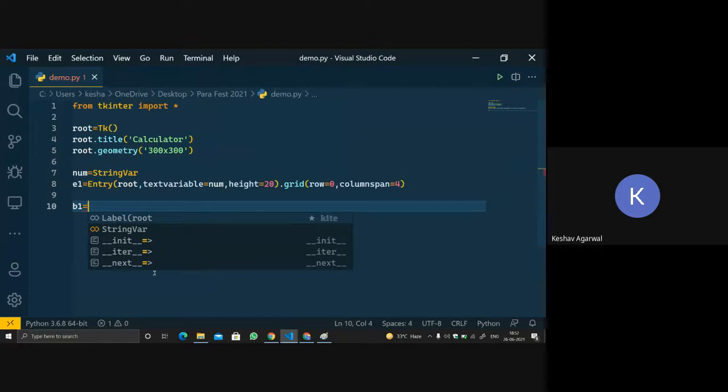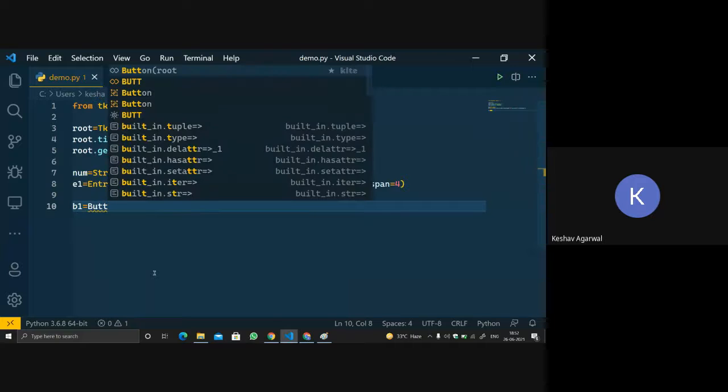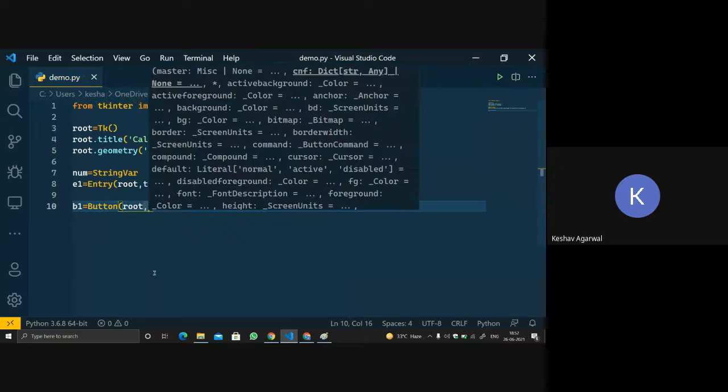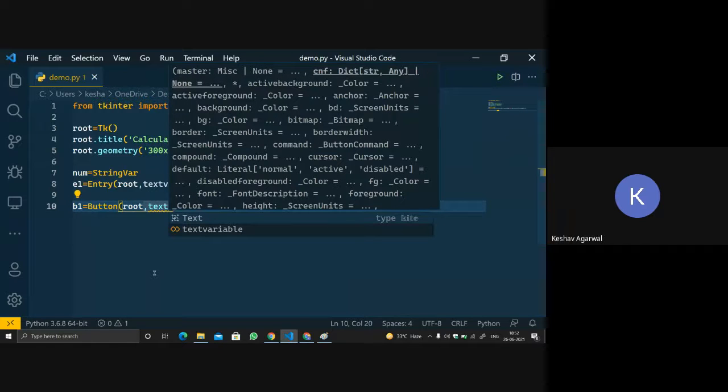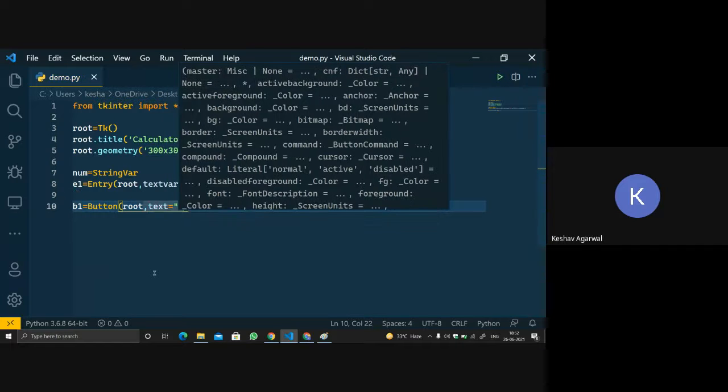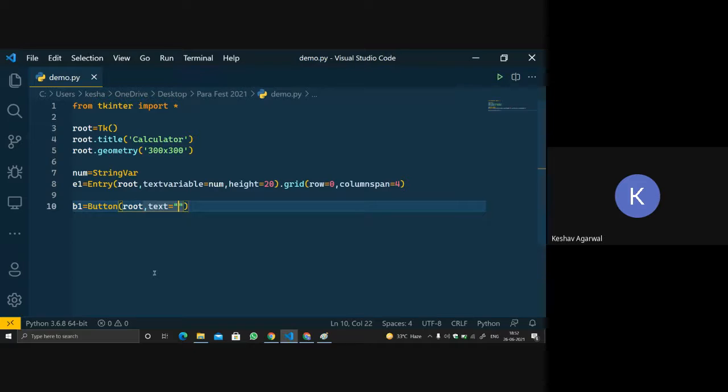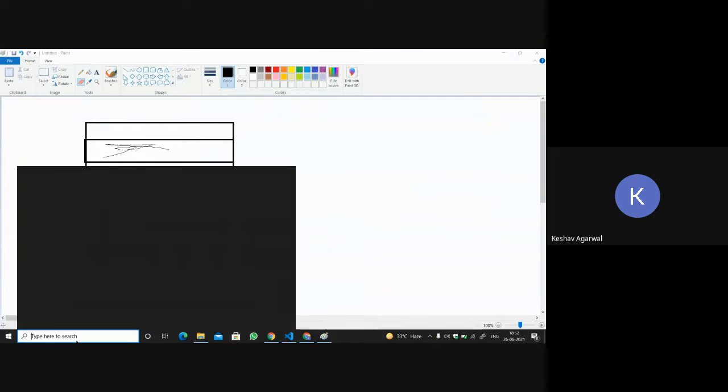B1 equals button root, and text will be equal to 1. Let's open a calculator for reference.